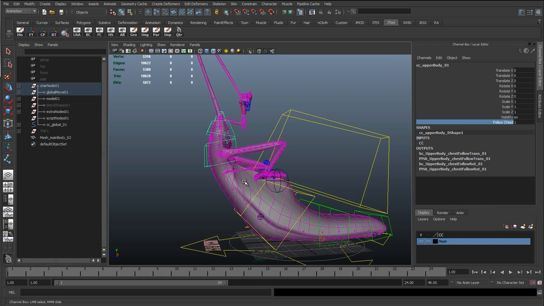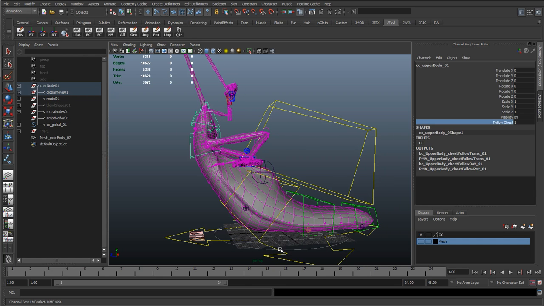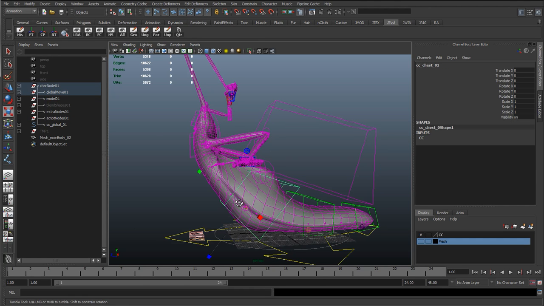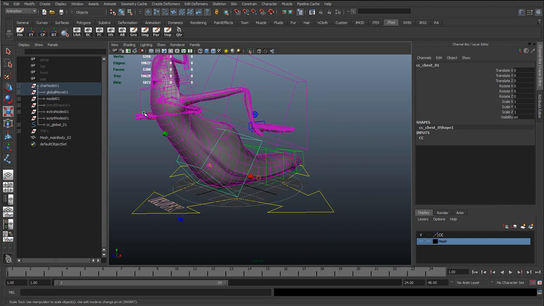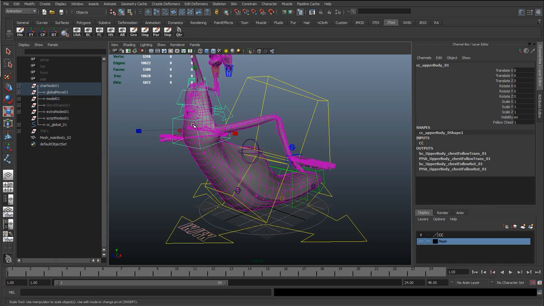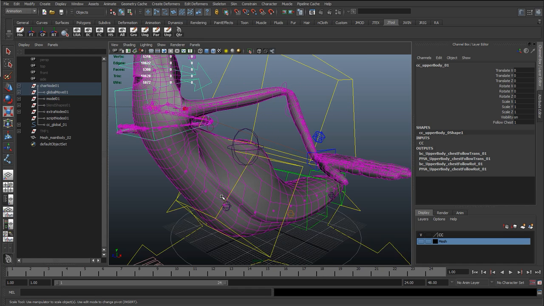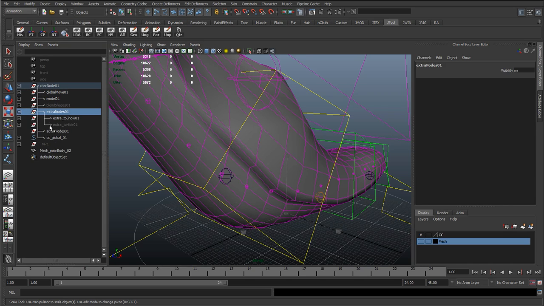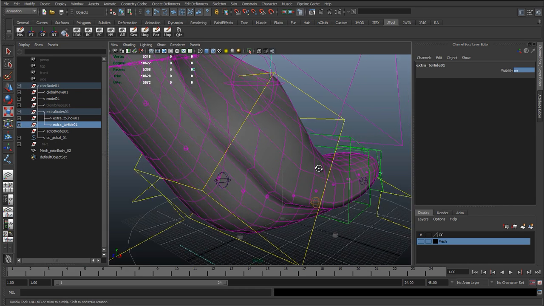We're getting double transformations. Double transformations means it's going to double it up, so you can see as we're scaling this is moving twice as much as the rest of the body. And that's basically because, if we remember, this is taking its translates from the tie control, which we had in the extra nodes to hide. And if we just bring that up,